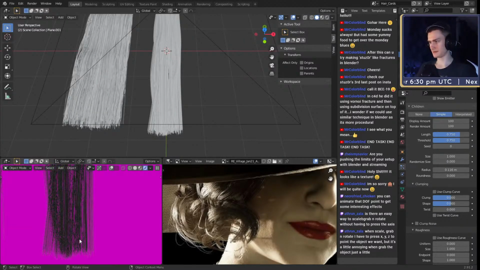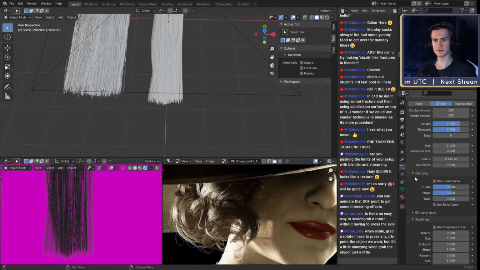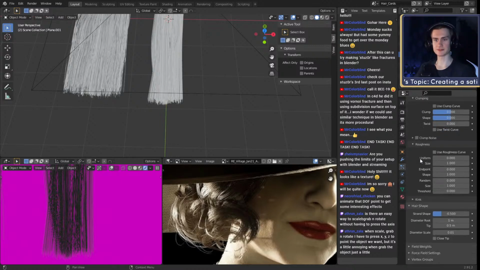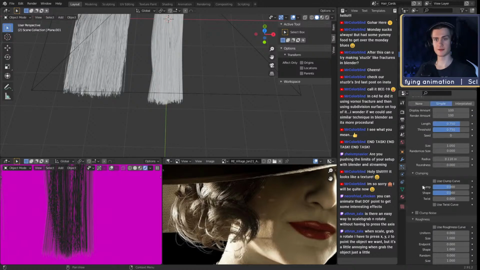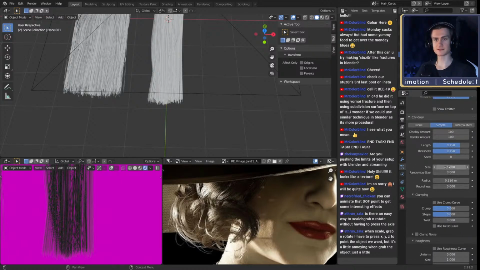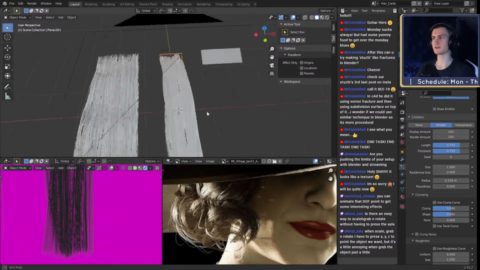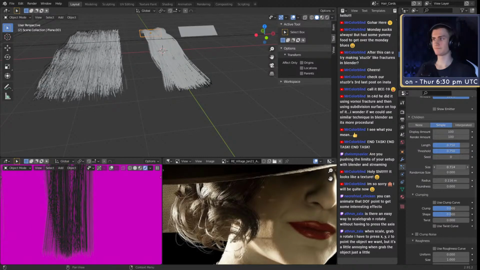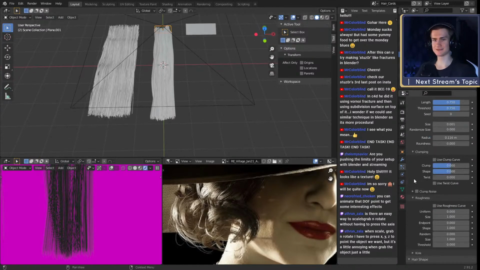So I want to make this a little bit rounder. Let's see if we can change that in here. I think there was a roundness setting. If not, we can just cut some of those shorter. Radius is not the one. Size. What is size again? Let's see. Okay, size just is nothing. Okay, I guess we'll not use size then.